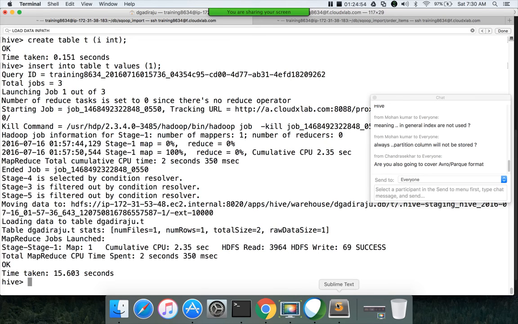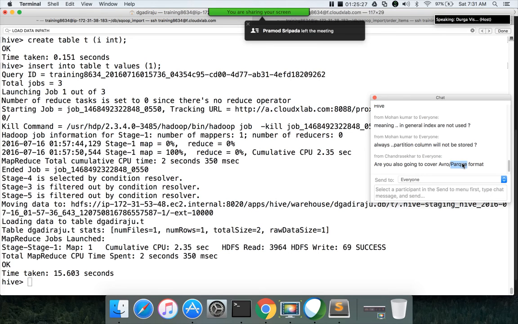Don't worry too much about what these file formats are. Typically in data warehousing, we use Parquet or ORC because they are columnar formats. Columnar formats are very popular in data warehousing databases such as Greenplum, Vertica, etc. They have columnar storage. So if you want to create your tables using columnar storage, then you have to use file formats such as Parquet or ORC. For certification purposes, Avro is important, but when you are working on data warehouse type of use cases in Hadoop, Parquet and ORC are important.